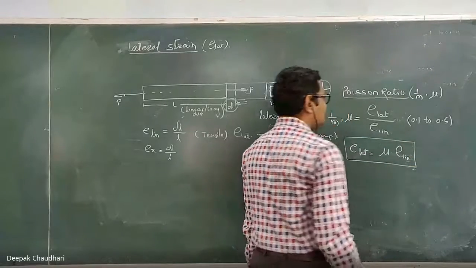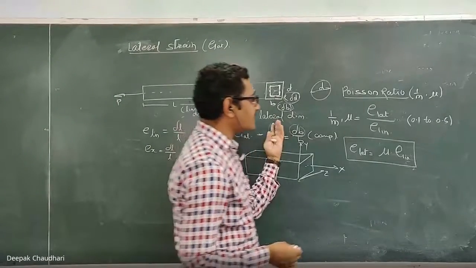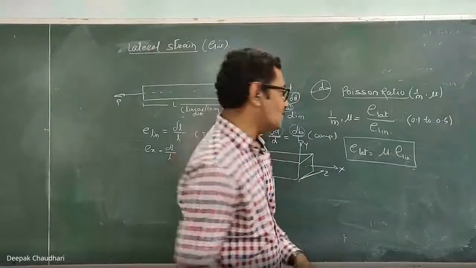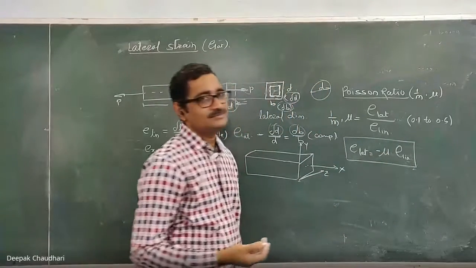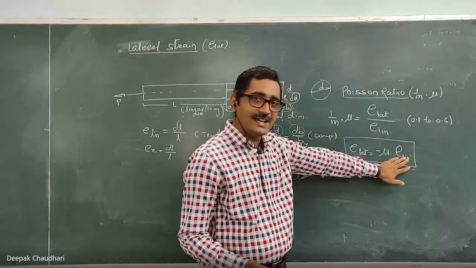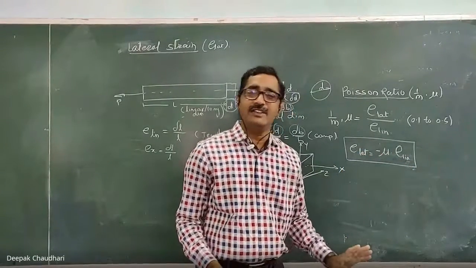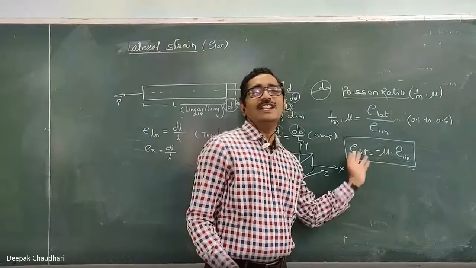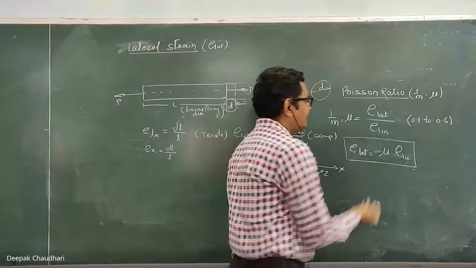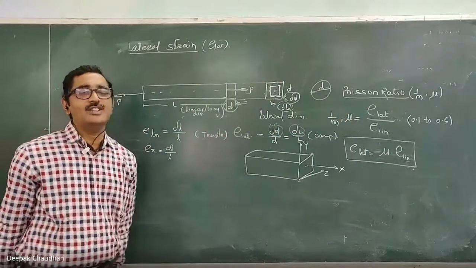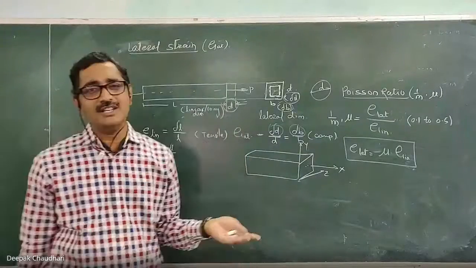And if you use the sign convention for the strain, if it is tensile in nature you use positive, and if it is compressive you consider it negative, then these two strains are always opposite in nature, so you can use the negative sign here also. Means if the linear strain is tensile and you take it positive, because of this negative sign, the lateral strain answer will come out negative. And that negative sign indicates that it is compressive in nature. But if you do not use it, that is also fine. E lateral equals mu into E linear, you will get the numerical value here, and about the nature, whether it is tensile or compressive, you can think logically also.